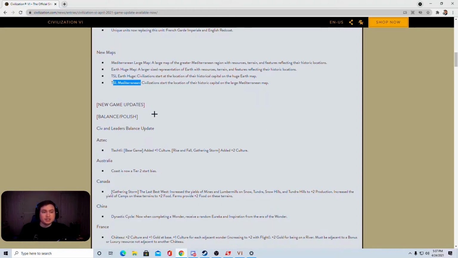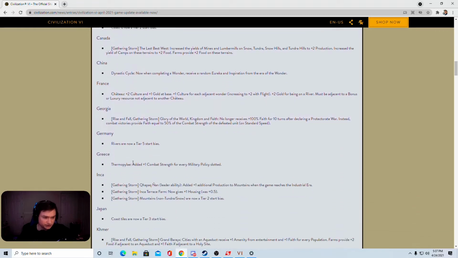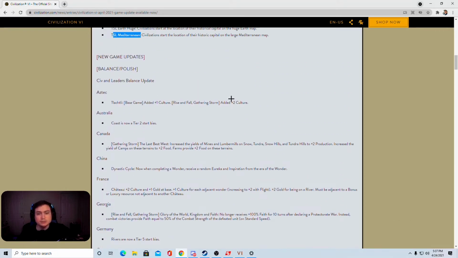New game updates. So this is going to be the big section here. Lots of leader and civ updates. This is all in alphabetical order, it looks like. I'm going to touch on the big ones, and I'm probably going to skip over some of the smaller ones. So the Aztecs, their unique district building gives you +1 culture and adds 2+2 culture for Rise and Fall Gathering